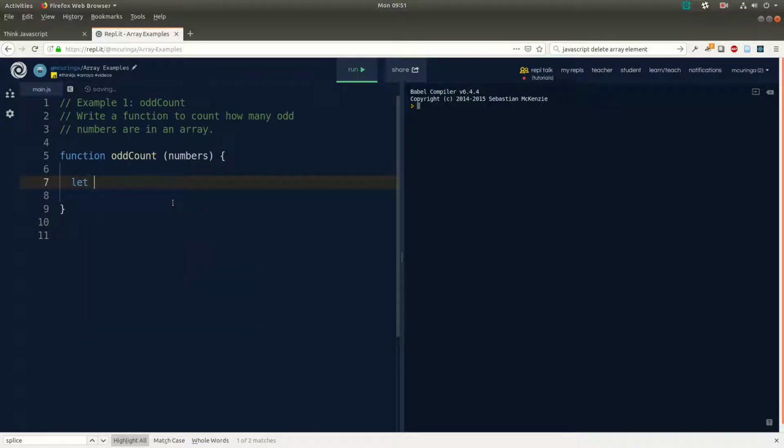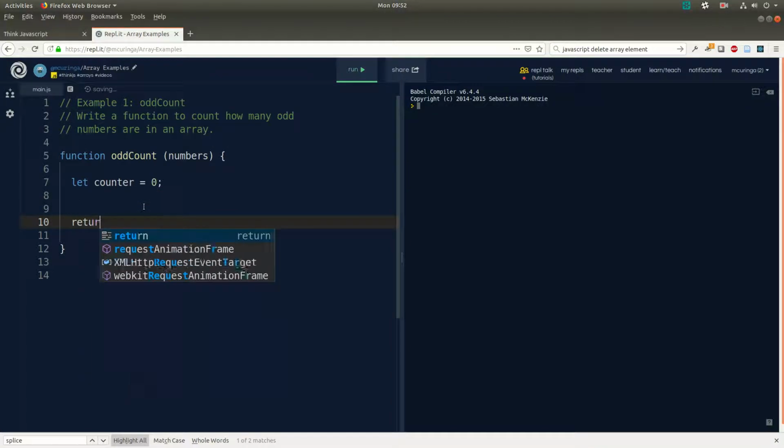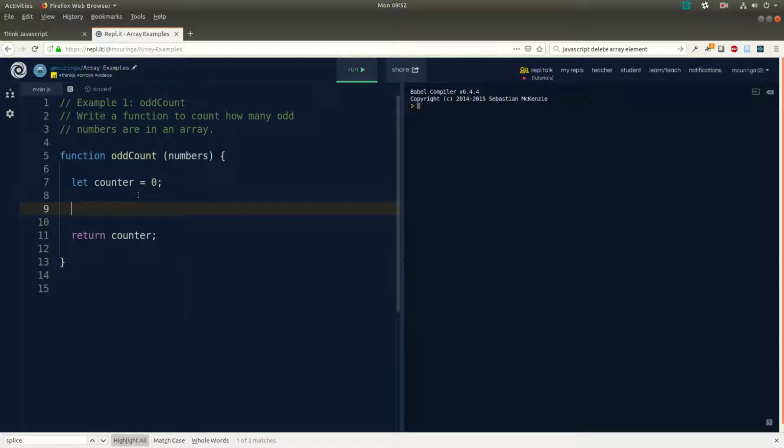So we're going to initialize a counter to 0, and then we're going to traverse through the array, and we're going to do a conditional check to see if the element is an odd number. If it is, we'll increment the counter. And then at the end, we're going to return the counter. So let's do that array traversal for